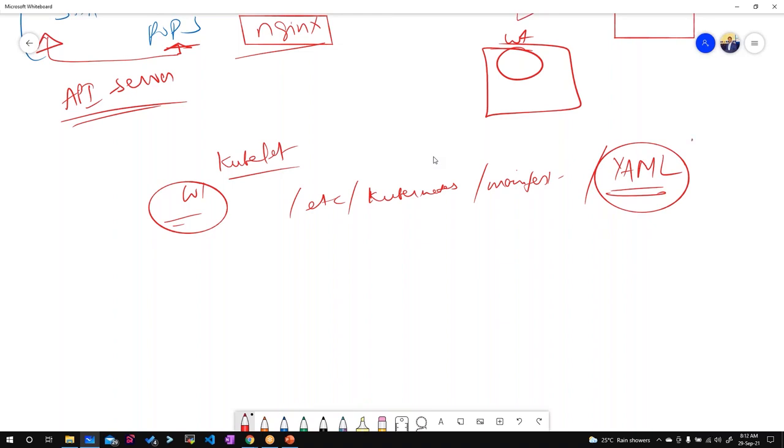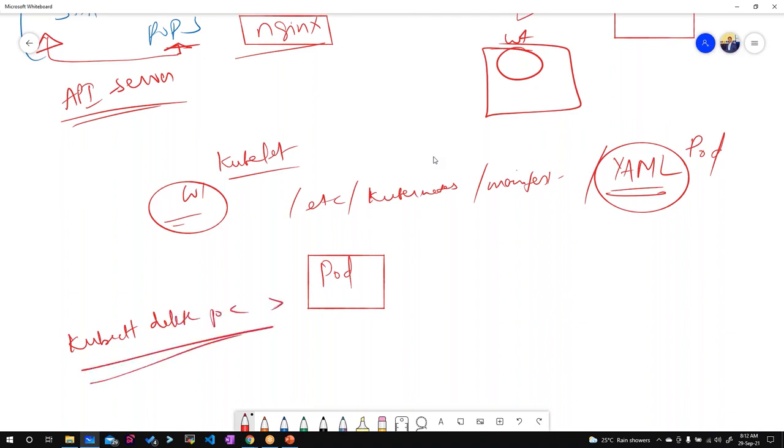Okay, let's say this YAML file is for pod creation. It will immediately create this pod in that particular node only. Now if you try to do kubectl delete pod with that pod name, it won't be deleted, because once the request reaches the API server, it cannot process it, because it didn't create the pod in the first place.